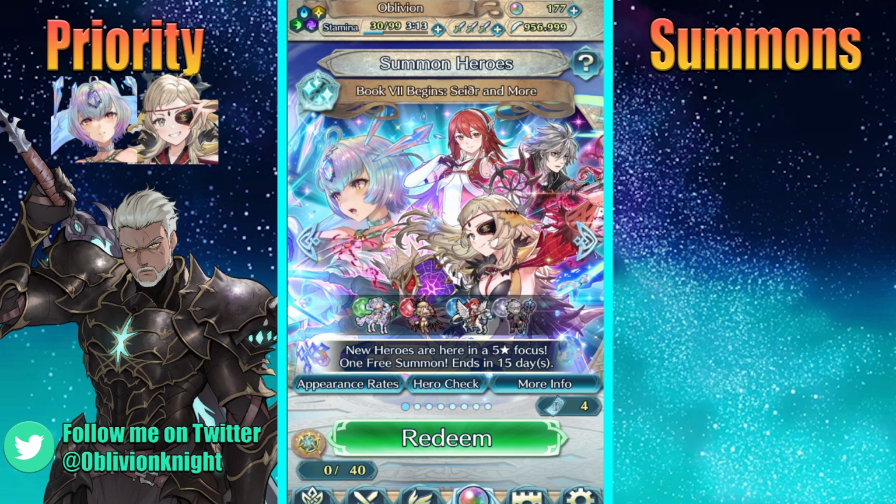Channel, this is Oblivion. We are here with the Book 7th Summoning Session. Our goals for tonight are trying to get a copy of Ophelia and as many copies of Seidr as possible. We'll be mostly just sniping on red and green. We might occasionally pick up a blue if it's like 3 orbs or something, but we'll be completely avoiding colorless